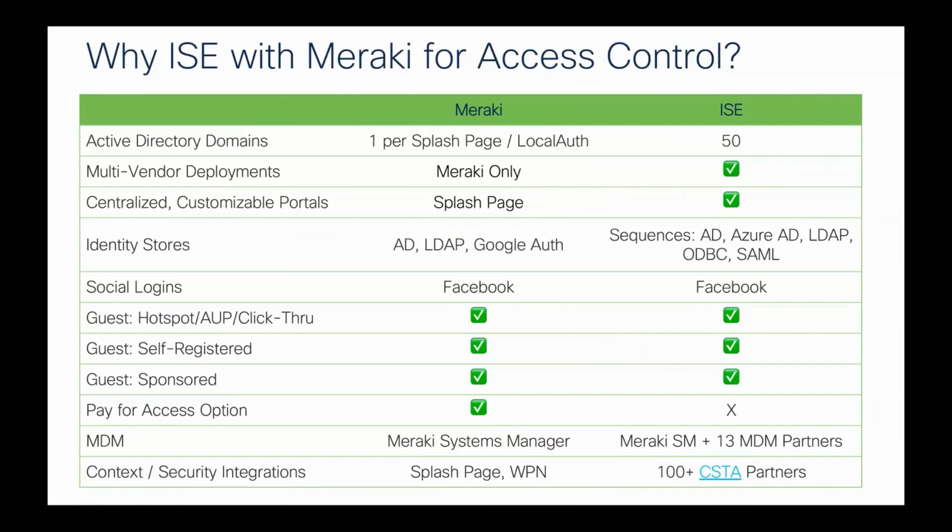Meraki does have the ability to do Active Directory and LDAP, but it's typically tied to a single SSID with a splash page. Whereas in ICE, you can actually map up to 50 Active Directory join points to multiple domains or forests. And then you also have the ability, using identity store sequences in ICE, to chain these different